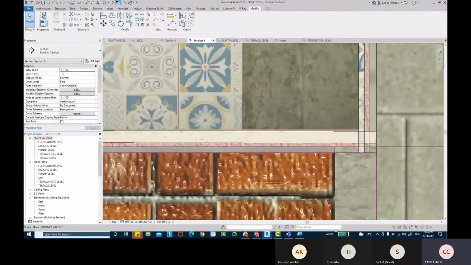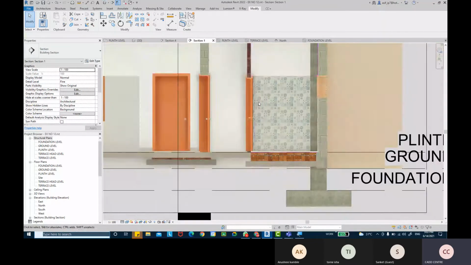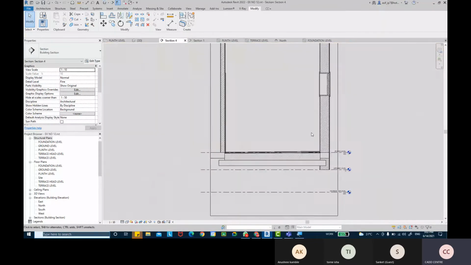Then you look into those sections and everything, you'll find all the detailing is coming in.